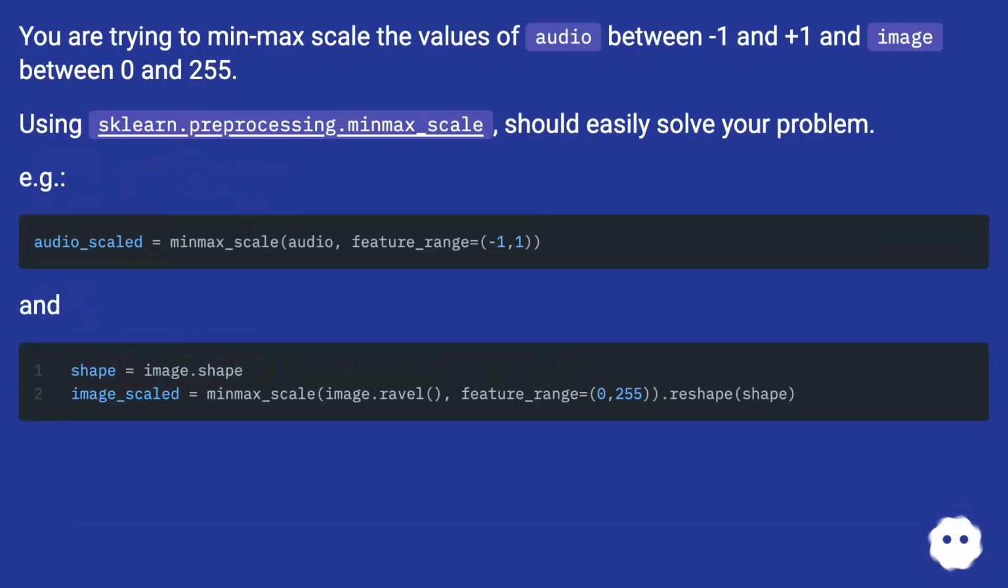You are trying to min-max scale the values of audio between -1 and +1 and image between 0 and 255. Using sklearn.preprocessing.minmax_scale should easily solve your problem. E.g. and